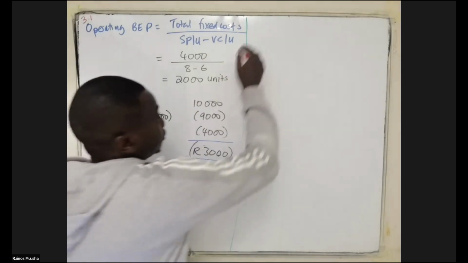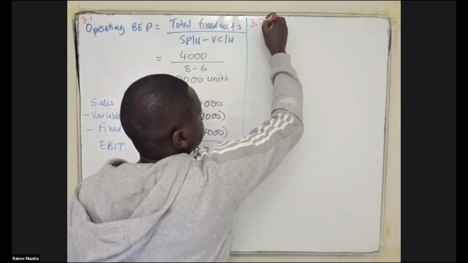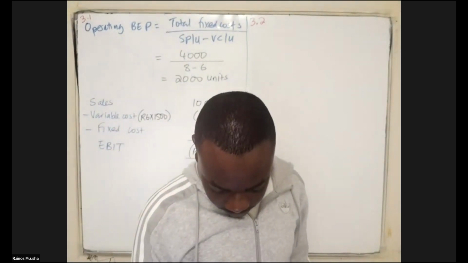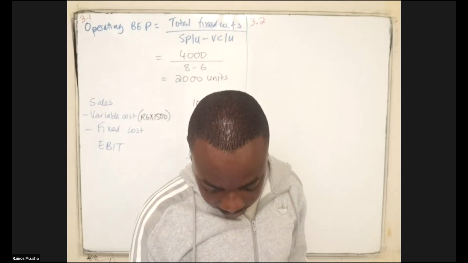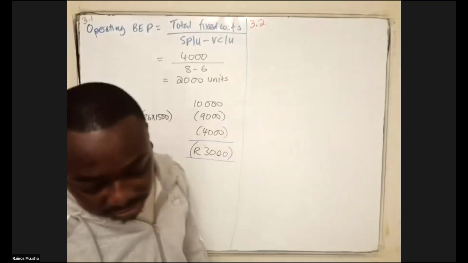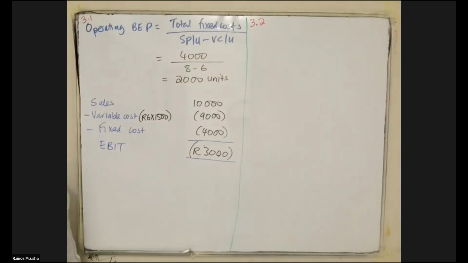For question 3.2, they tell us that if John renegotiated the contracts at a price of 10 rand per figurine, what will the earnings before interest and tax be? So if they renegotiate the contract at a price of 10 rand per figurine, what will be the earnings before interest and tax? So in this case, we're going to say